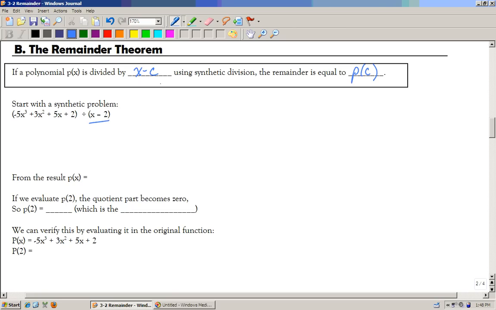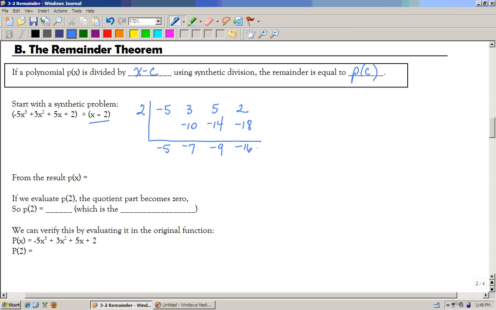If x minus 2 is the divisor, we put the 0 of that, which is 2, on the outside of our division bar. And then the coefficients of -5, 3, 5, and 2 go on the inside as our dividend. In the synthetic division, we start by dropping the first term, and we multiply and add down the line. So 5 times -2 is -10, add them together is -7, multiply is -14, add is -9, multiply is -18,